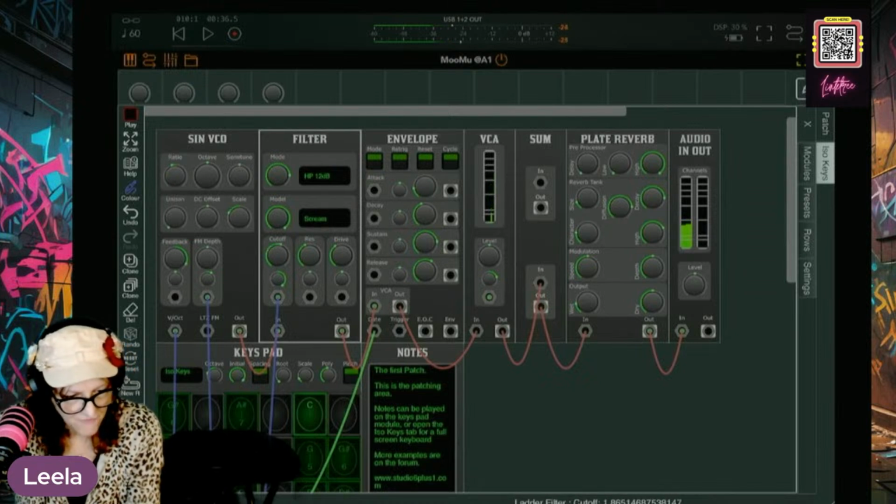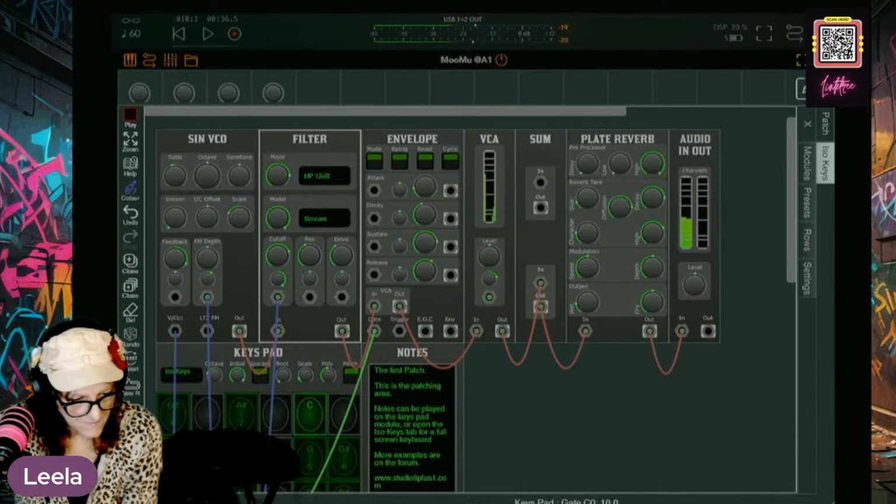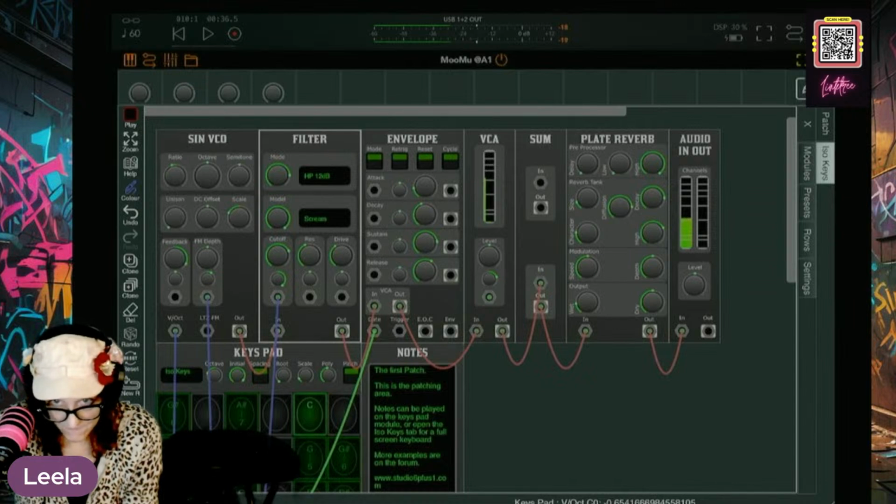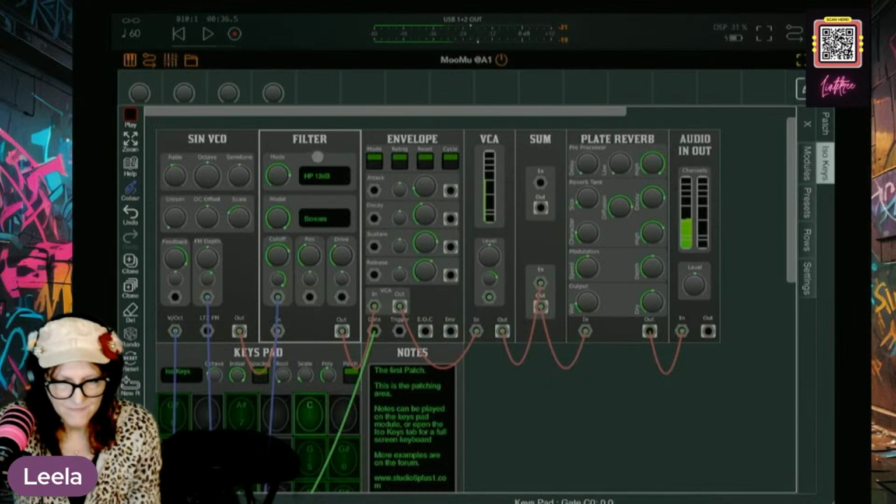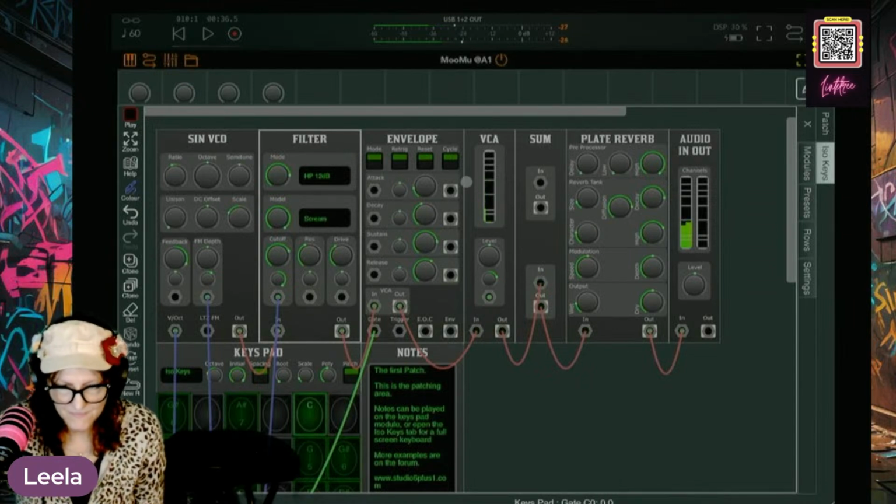Change the cutoff because it's a high pass filter, so. That sounds wicked.